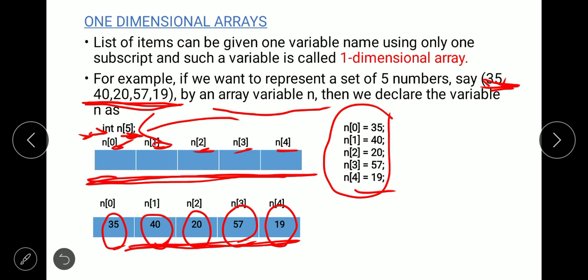So always remember, the last subscript will be one less than the size of the array. If we declare a size as 6, then the last subscript will be 5, n of 5. Here we have used the size as 5, that's why the last subscript will be 4, because we are starting the subscript with 0. Always remember this, an array always starts with the 0th subscript.